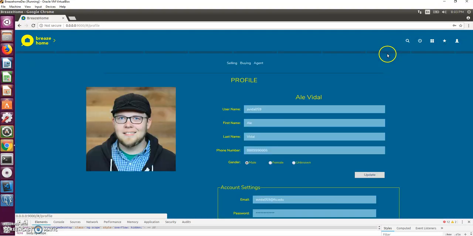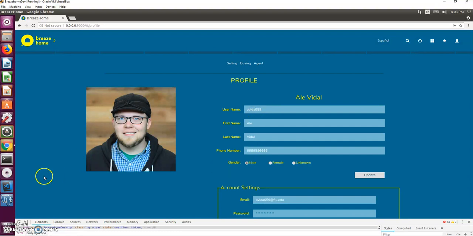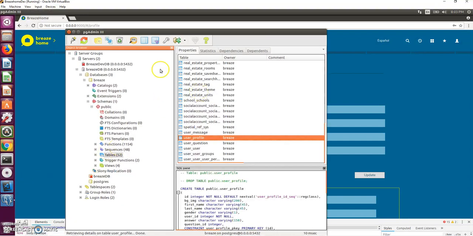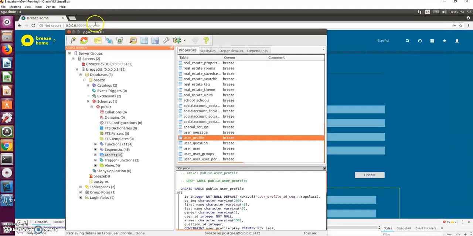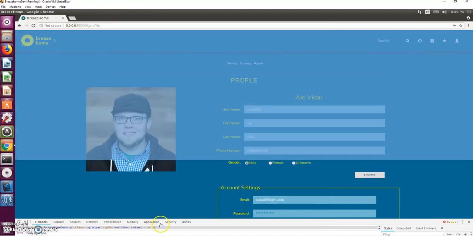That's fine. So the retrieval of the information, this is the new information for the other profile. This information is again being taken from the database, and the information corresponds with the data that we got in the database. But